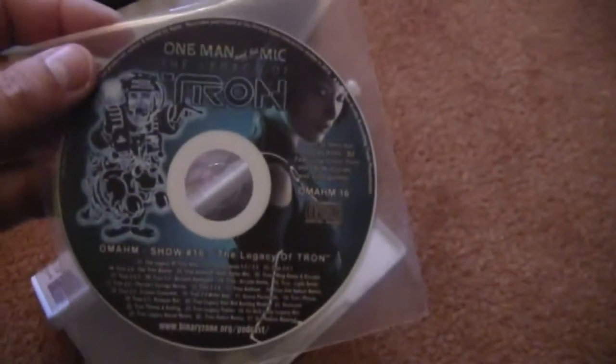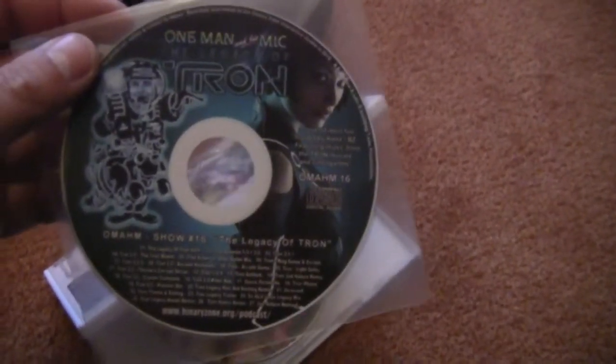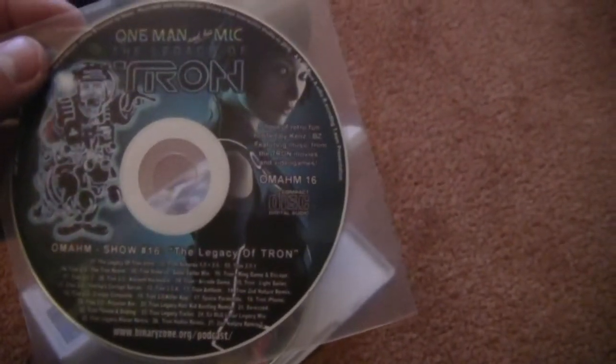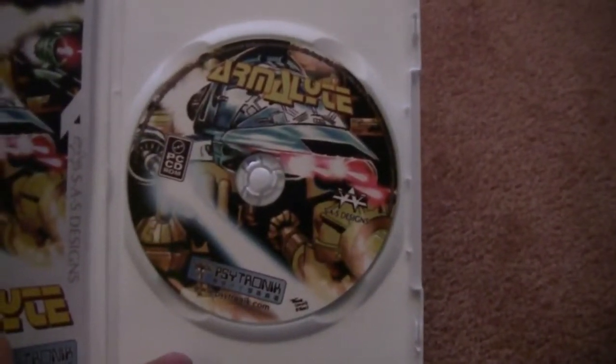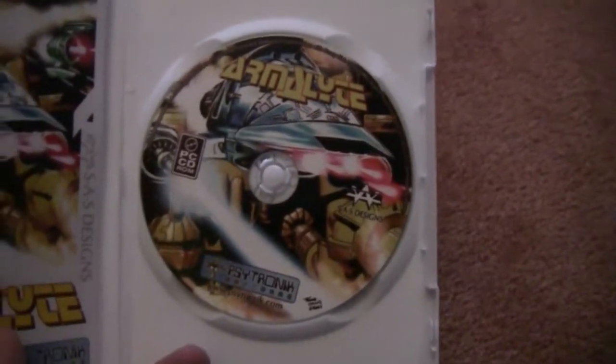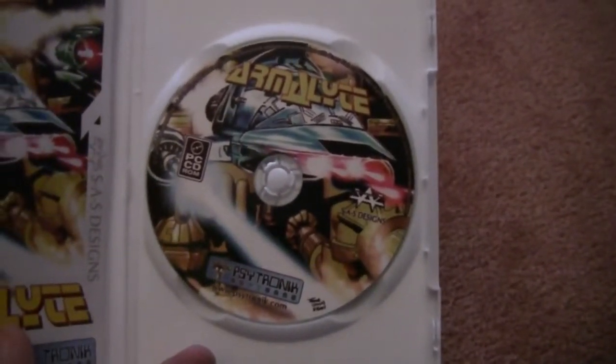and it also comes with a special CD with a disc that contains a podcast by One Man and His Mic. So that is very nice, and the game itself comes on this disc. The game is installable on your PC, and you don't need this disc to be able to play the game, and it also comes with a couple of extras. It comes with a very small manual, which is actually nothing more than very simple setup instructions and mission briefing and